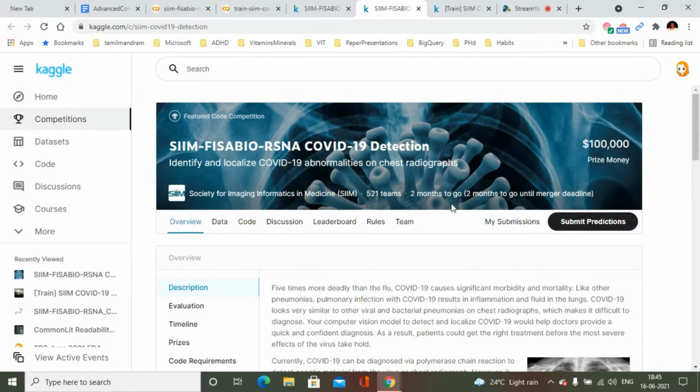If you see coronavirus diagnosis, there is something called polymerase chain reaction, which is the suggested and official diagnosis used for COVID detection. But it is a very, very time consuming task. COVID-19 detection using chest X-rays is also suggested, but COVID-19 chest X-ray detection is not officially approved. It is something which is still under research.